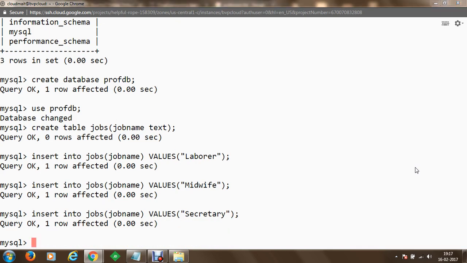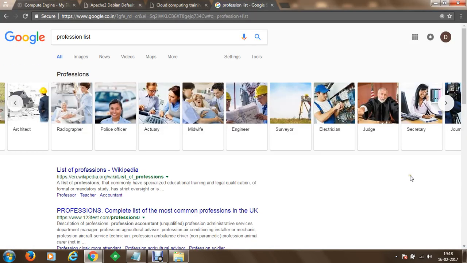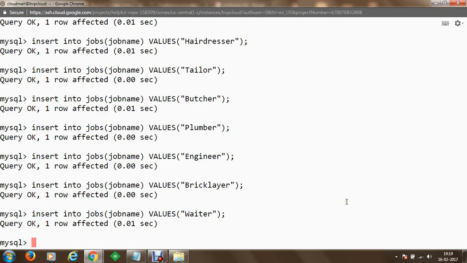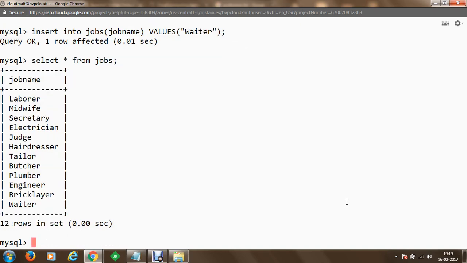We can add multiple professions in this way. So now we have added multiple professions, and we can see what professions are added to the database. So we can select star from jobs, and once we do that, we can see that we have around 12 professions added to the jobs table in our profdb database.